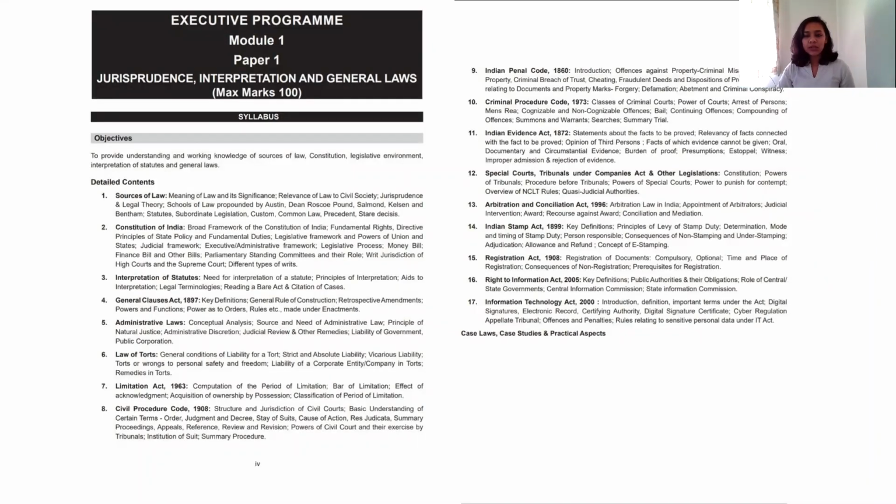Now, let's move on to the structure of this subject. Module 1, paper 1 is a 100-mark paper. It is entirely theoretical and you will not find any MCQ format in this paper. There are 17 chapters and each of these will introduce you to various areas which are applicable in a corporate scenario. Most of them do not always involve a corporate structure; most even involve the rights of individuals.